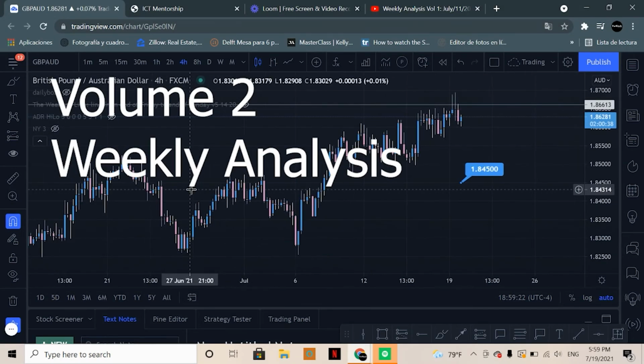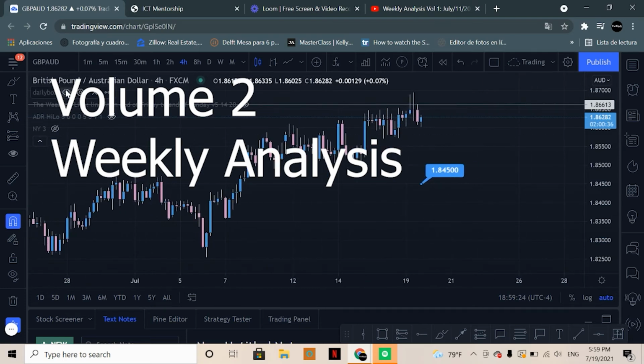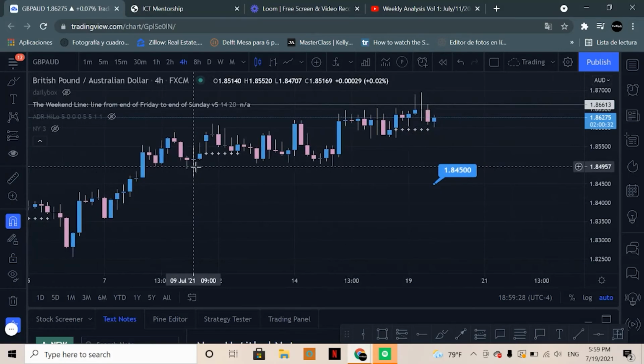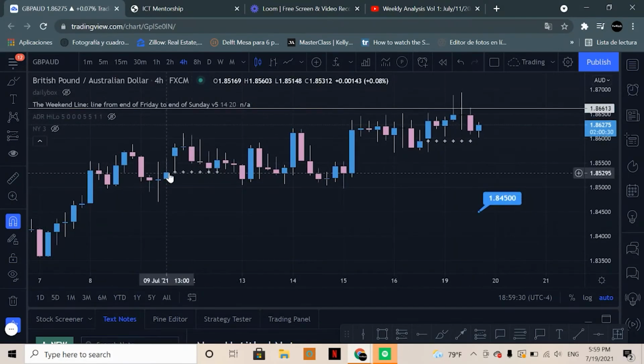We also looked at GPAUD, which we did see what I was expecting. We gapped up, we came down in the gap, and I said that that should act as resistance, which it did around the whole week. I mean, last week was really an ugly week since we mainly just consolidated, but we did see some upside